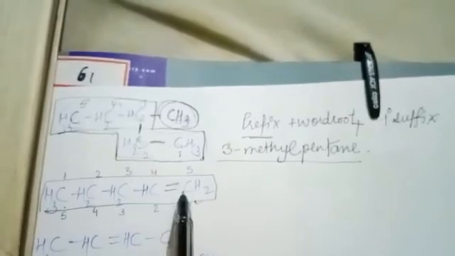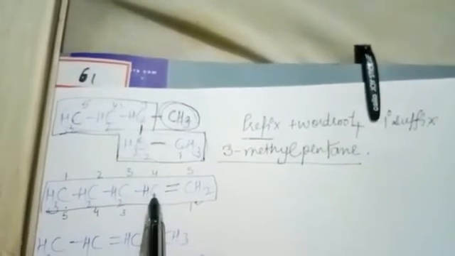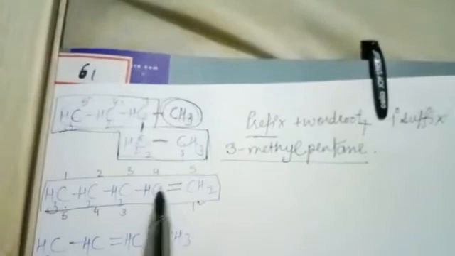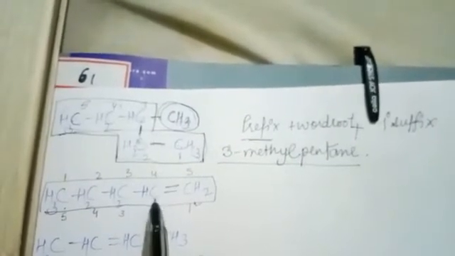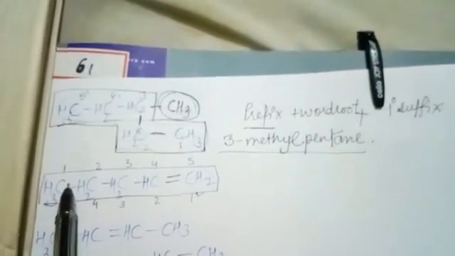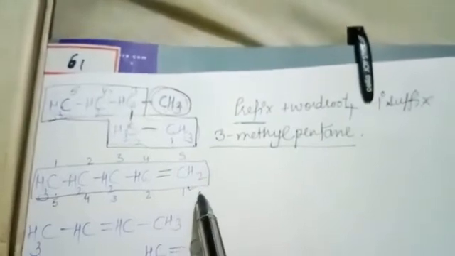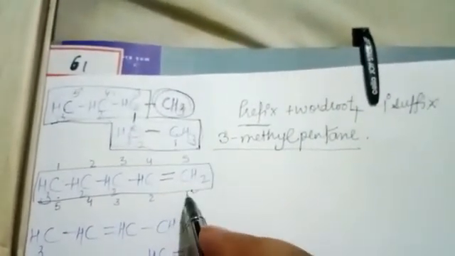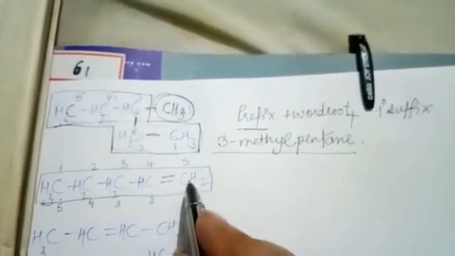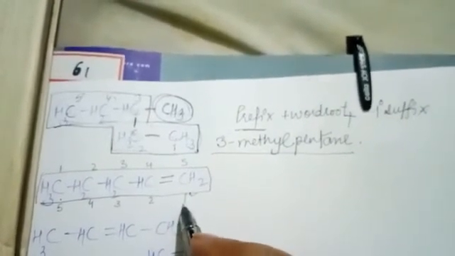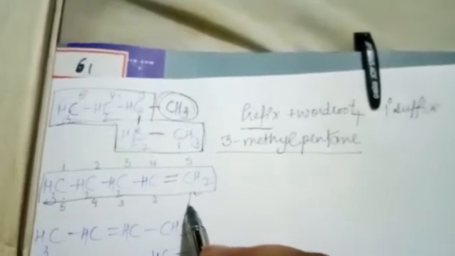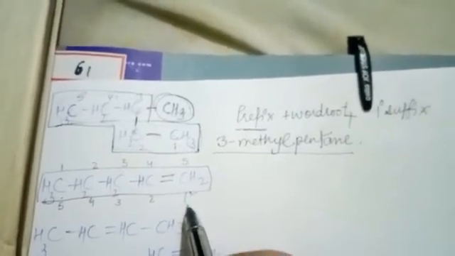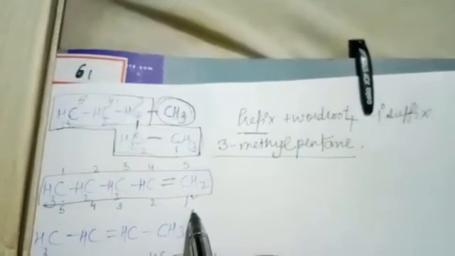But in a double bond, one carbon is having number 4, one carbon is having number 5. You have to take the least number. Means you will say that the double bond is present at carbon number 4. So from this end, if you start the numbering, then the double bond will get the number 4. But if you start from the other end, then the double bond will get the number 1. 1 and 2 both are there, and I have told you that you have to choose the lowest one. So 1 you will choose. So you will say that the double bond is present at first carbon. So from this end, the double bond is getting the least number.